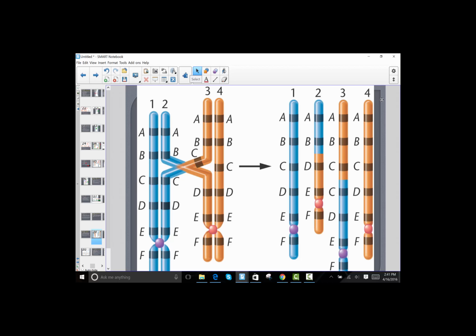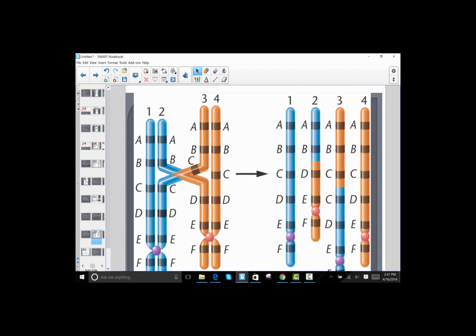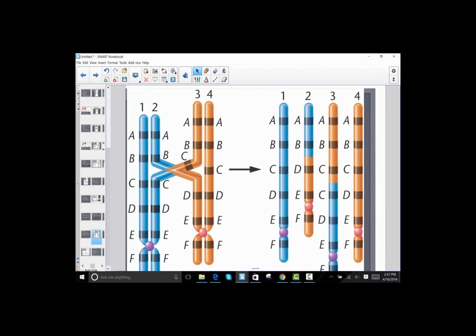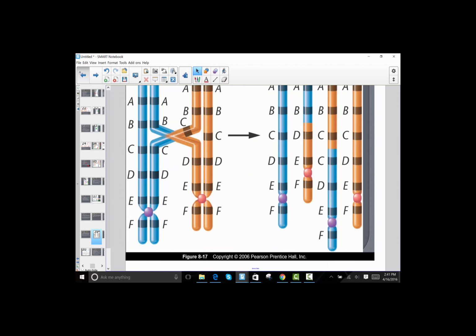Okay, so in this particular situation, we have two sets of. I'm not sure why this keeps doing this, but it bothers me. All right, so we have